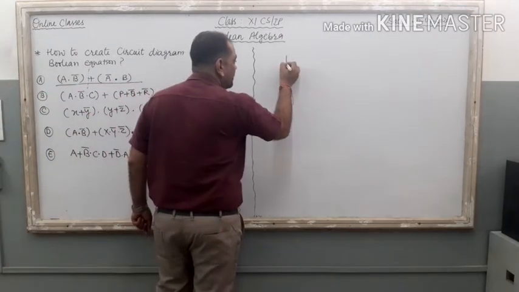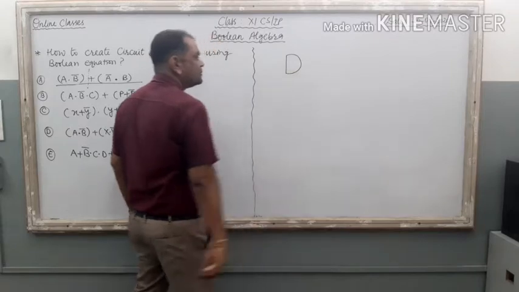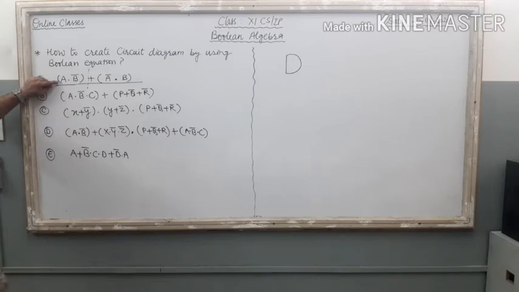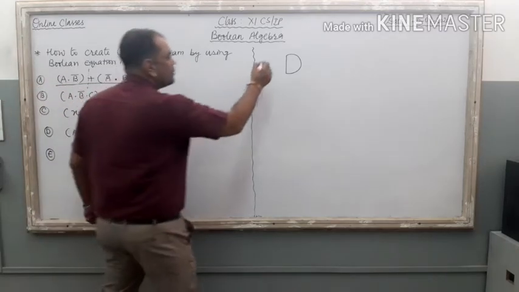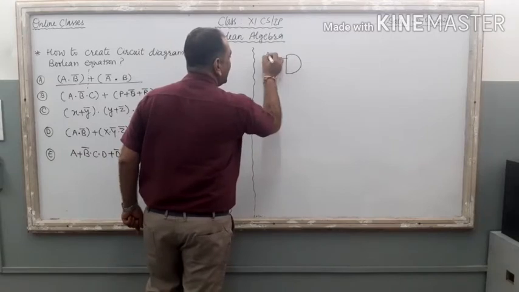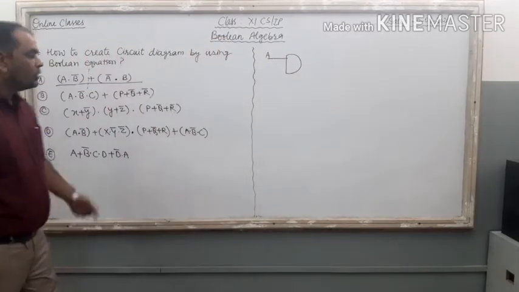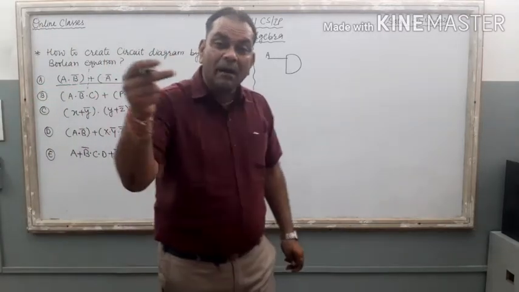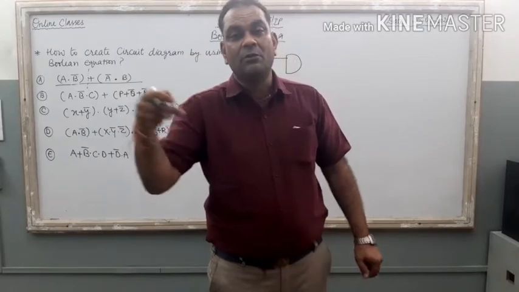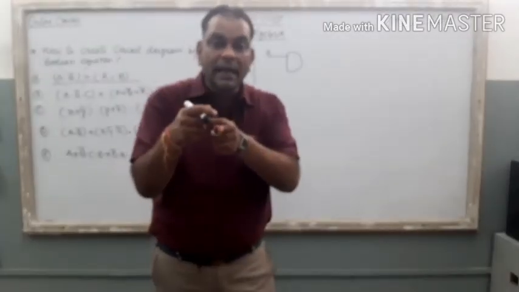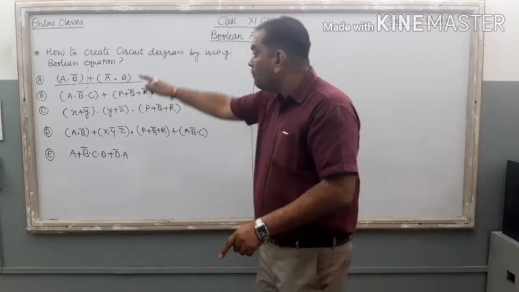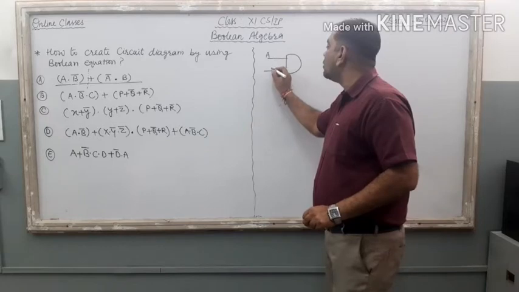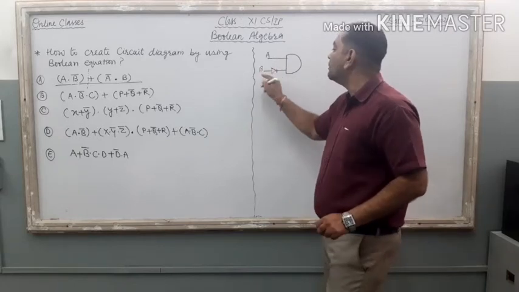So first I draw the AND gate like this one, a dot b bar. The first input signal is A, so I create one input signal and name it A. What is the other input signal? It is B bar. How can you produce B bar? B with NOT. When you transmit the input signal B through the NOT gate, it is converted into B bar. So B bar is the second input signal of this AND gate. Just like this one, B with NOT.